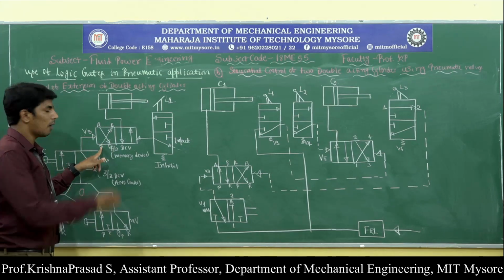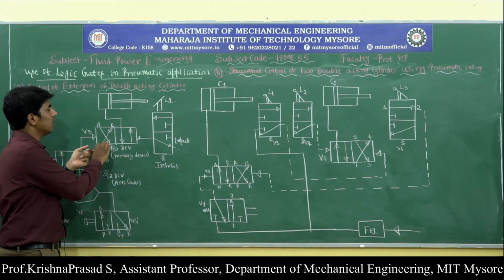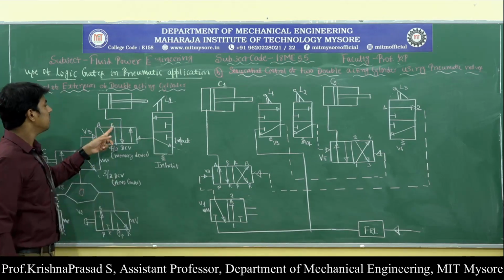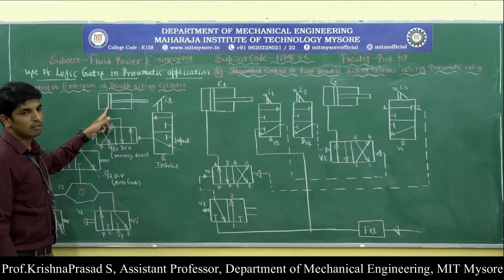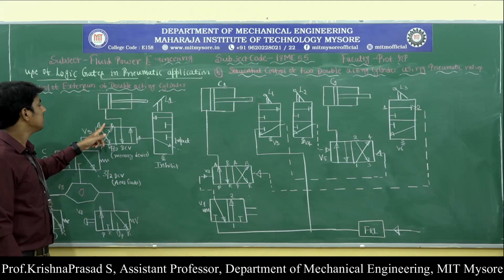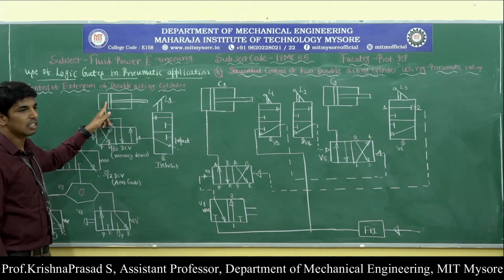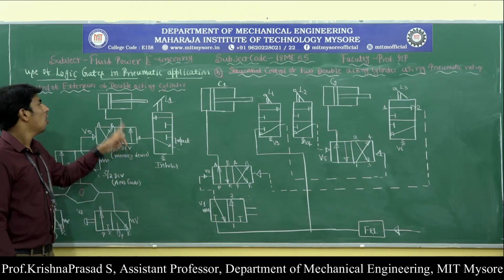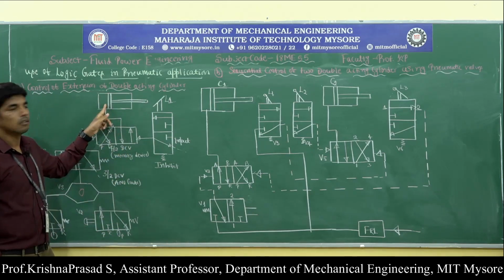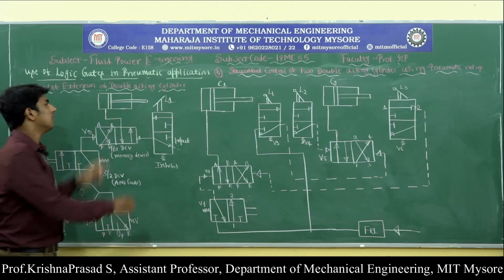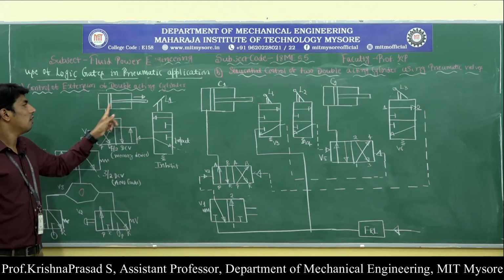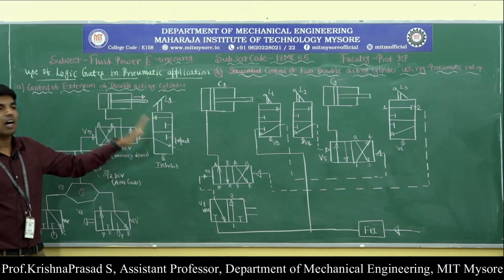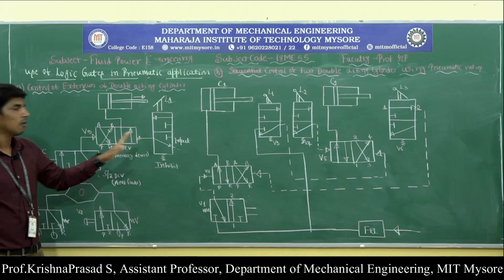Now here the compressed air from port P then enters into the outlet port B and then enters into the blank end of the single acting cylinder. Once it enters into the blank end of the single acting cylinder, this memory device keeps the pressure on the blank end of the single acting cylinder, and this will cause the extension of the double acting cylinder. Once the piston rod is extended at the end of the extension stroke,